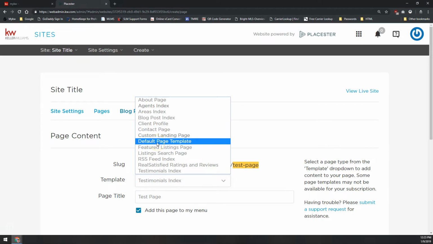Under that, we've got the default page template. This is the one that you're going to use most often. This is where you can put in your own content, your own pictures, your own videos, your own text, and everything like that. You can format it almost any way you want. You can put code in there. This is the one that's going to be used most often to create your custom pages, and we'll talk more